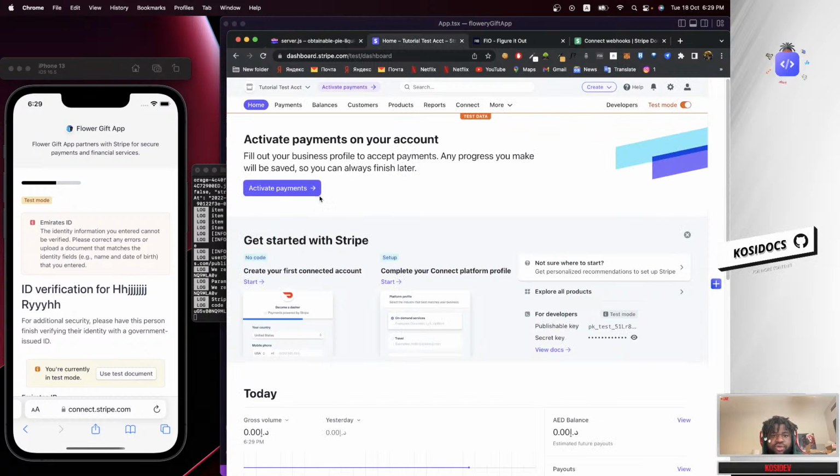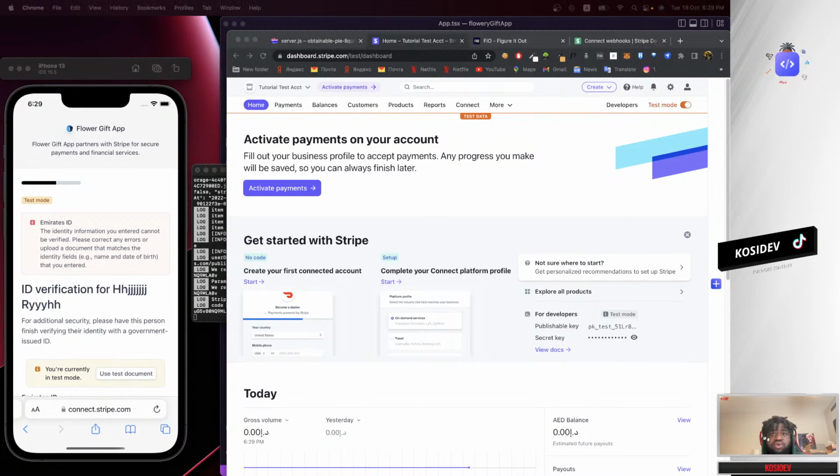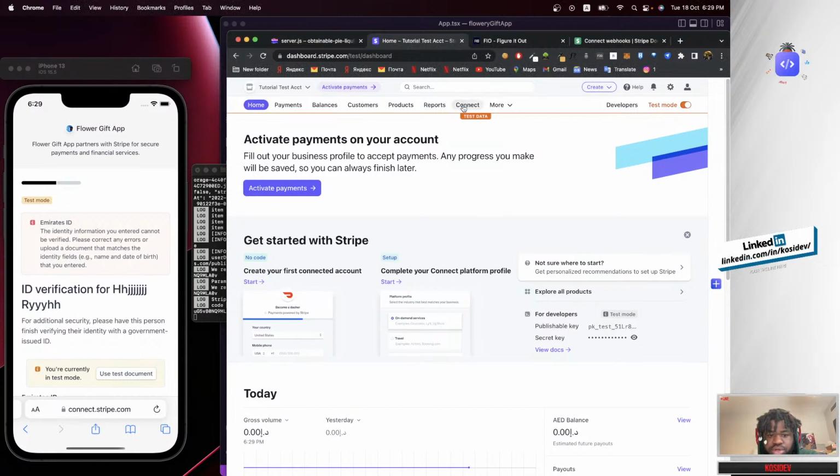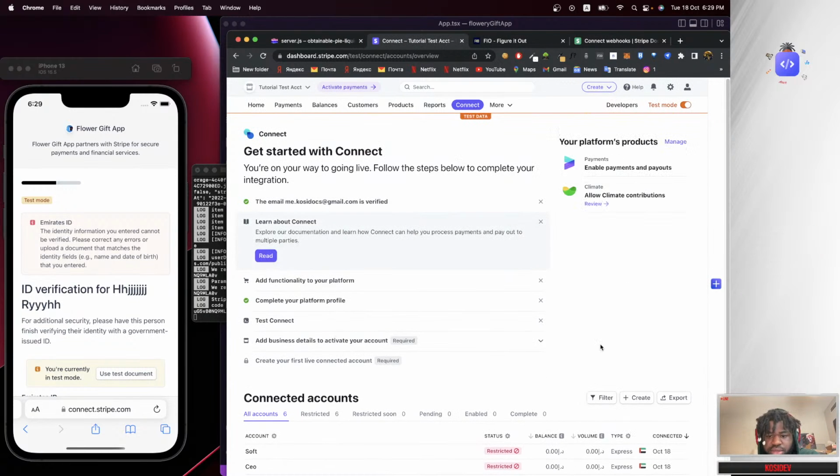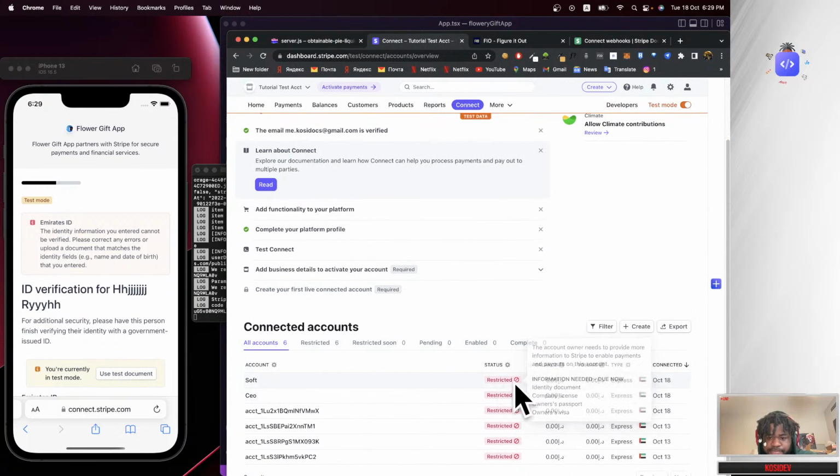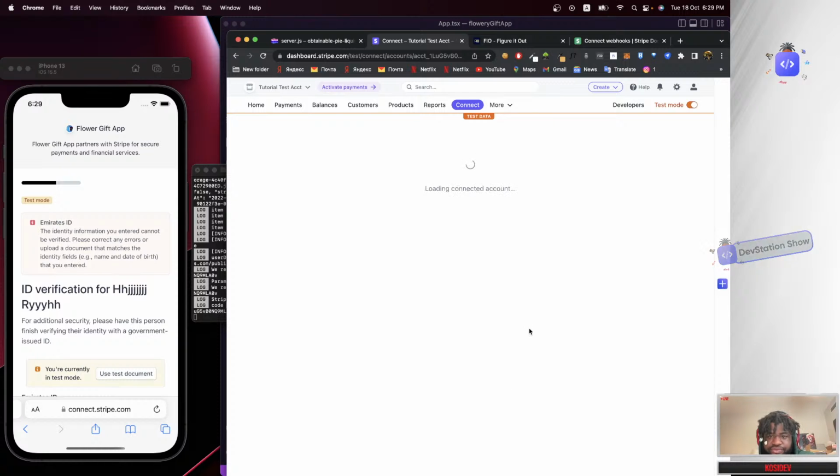So you're going to get over to Stripe. We're using the tutorial test account. Inside the tutorial test account, what I need to do is head straight to the connect part. You see that? If you take a look, the user that we are trying to register, the current user we actually tried to register, has a status of restricted, so it's not complete yet. And if you open that,